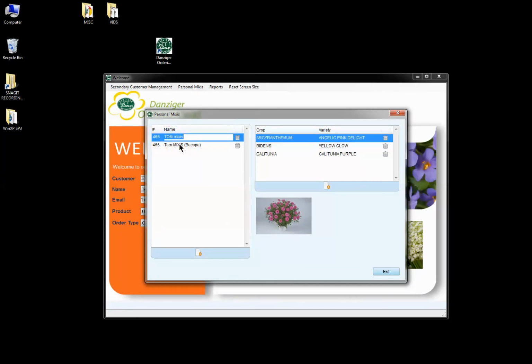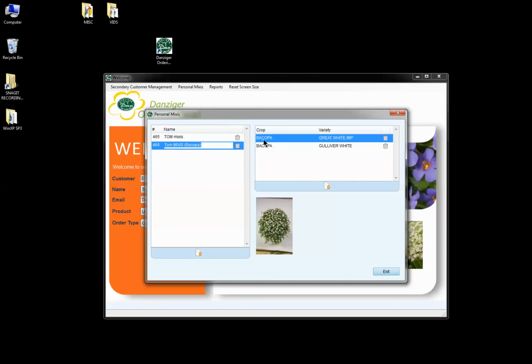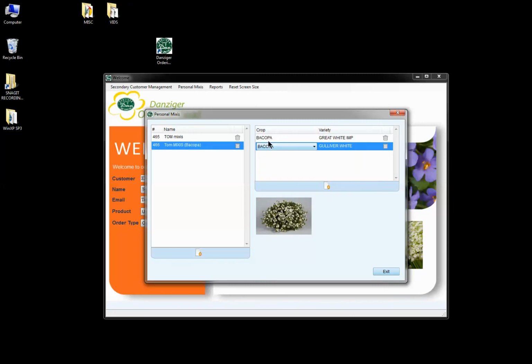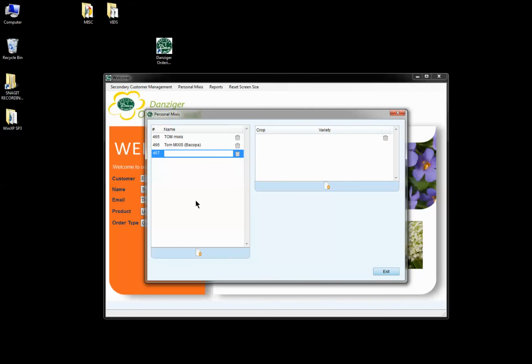Over here I've already created two fictitious mixes. The first one I called the Tom mixes, and it was made up of Agaranthemum, Beans, and Calitunia. It's called a freestyle mix. And Tom mixes Bacopa is a single crop mix made up of two varieties of the same crop. If you would like to add another one, you just click here on the plus, give it a name,